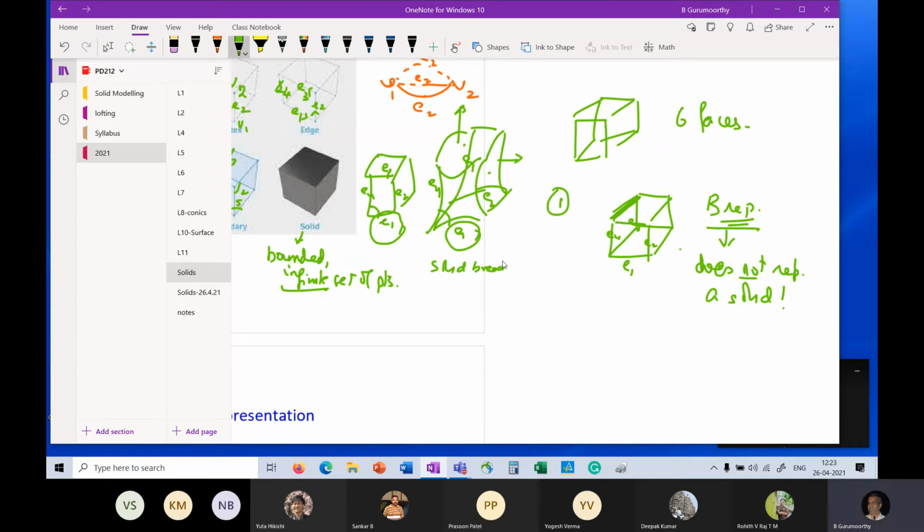Okay. And while this may seem like a very toy and synthetic example, right? You may wonder who is going to miss a face like this, right? I will show you another manifestation of this problem, which is more likely to occur. But just appreciate this problem for a minute.